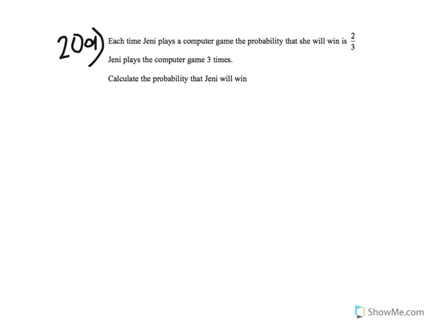Question 20 says that each time this girl Jenny plays a computer game, the probability that Jenny will